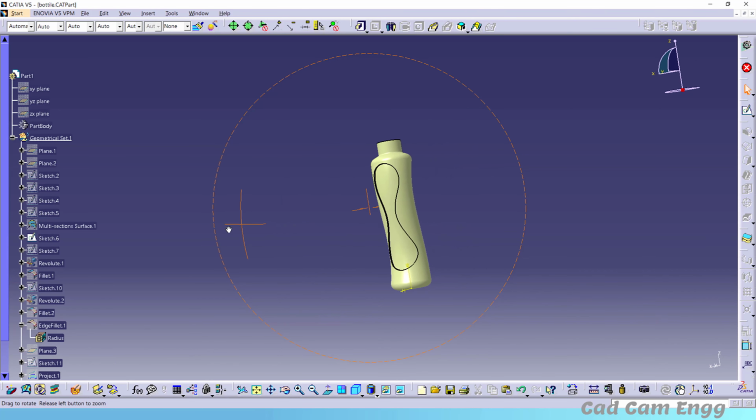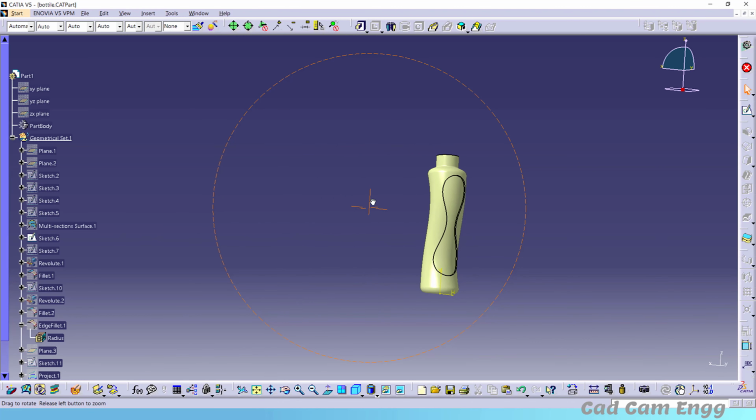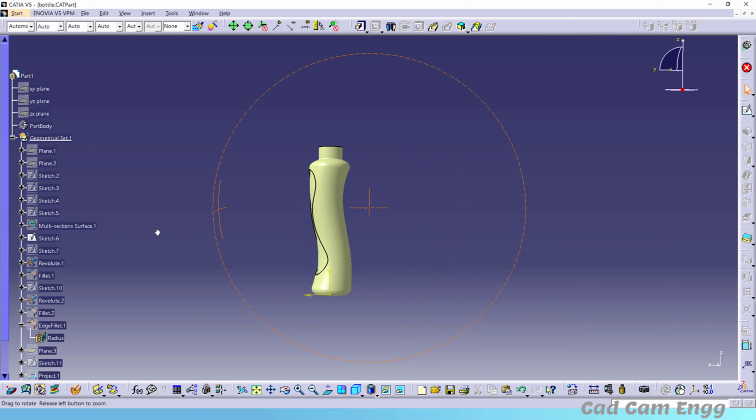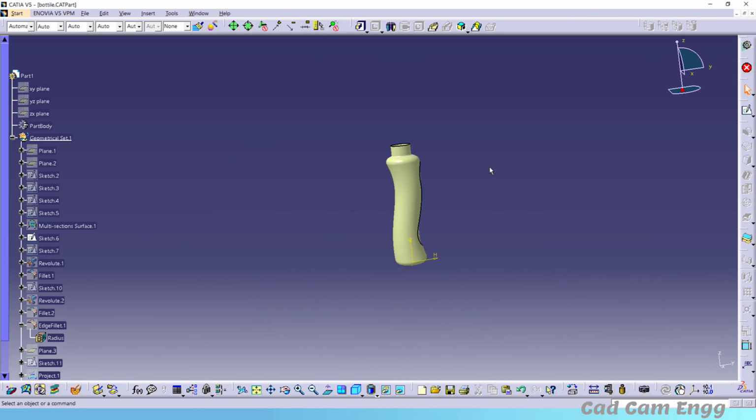You can rotate by holding. For rotating this body, you have to hold continuously, means you should not leave the button. If you leave the button, it will stay in that place.